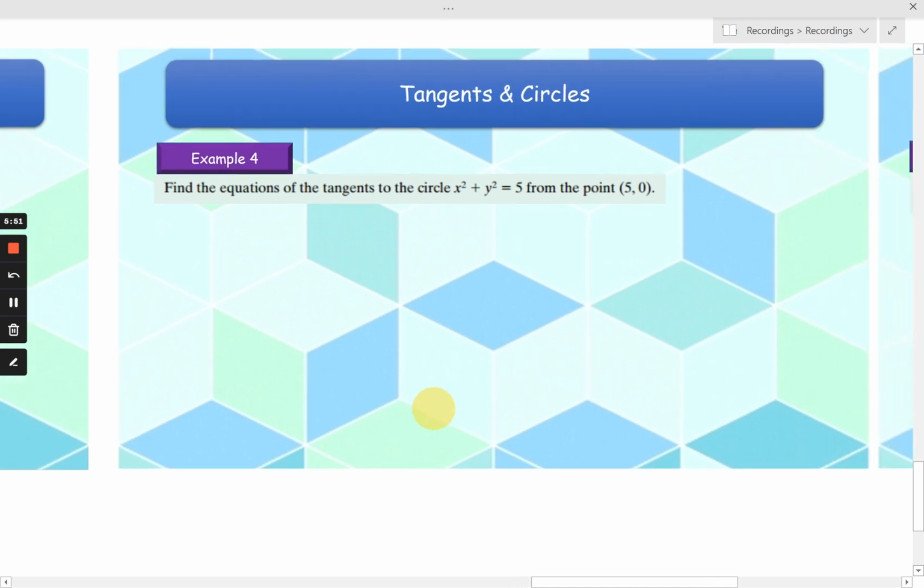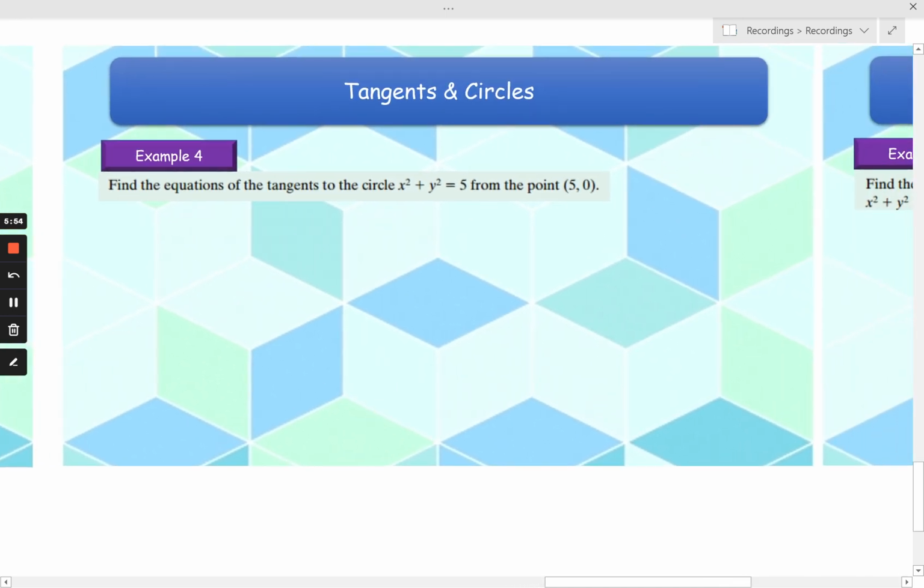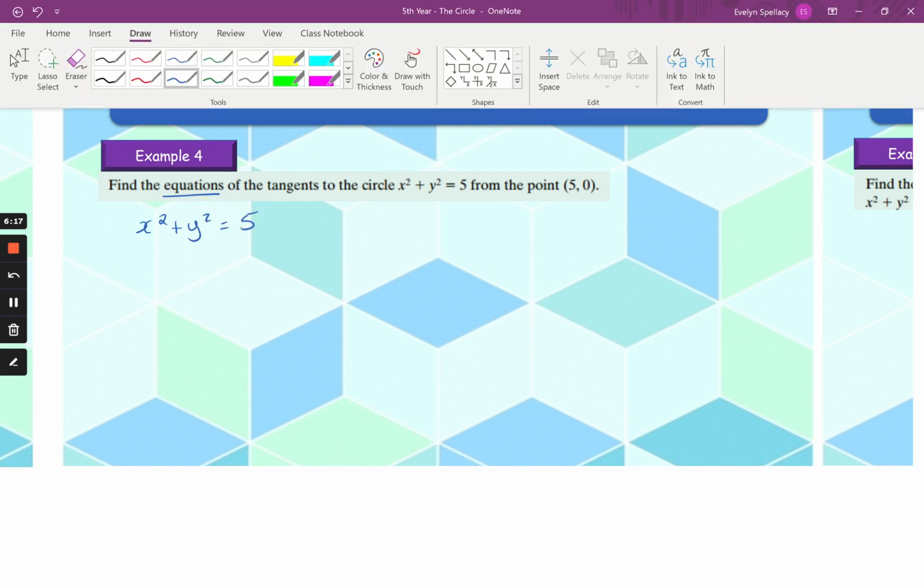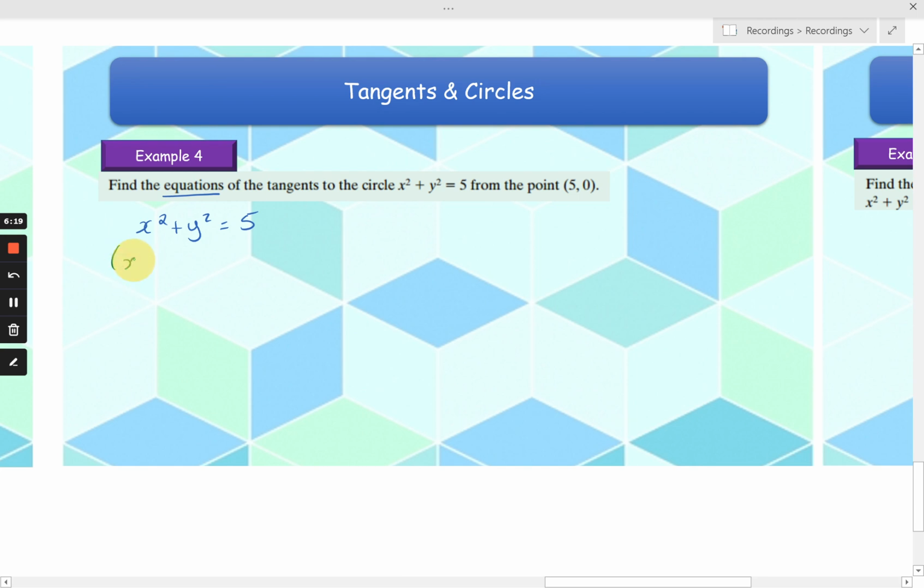Alrighty guys, so looking now at example 4. It says find the equations. Again, that's very important, it's plural. The equations of the tangents to the circle x squared plus y squared is equal to 5 from the point 5, 0. Well, if we look at our equation of a circle that we're given here first, we have x squared plus y squared is equal to 5,